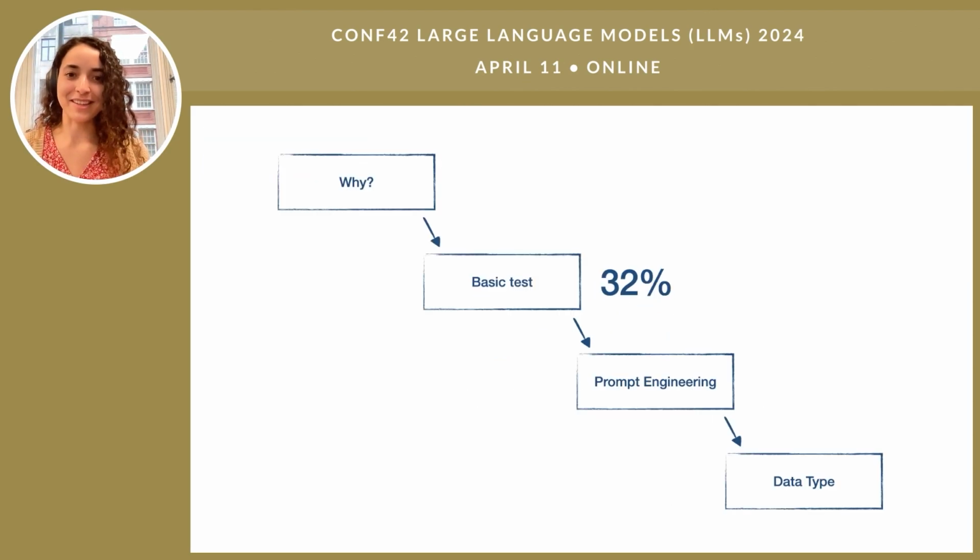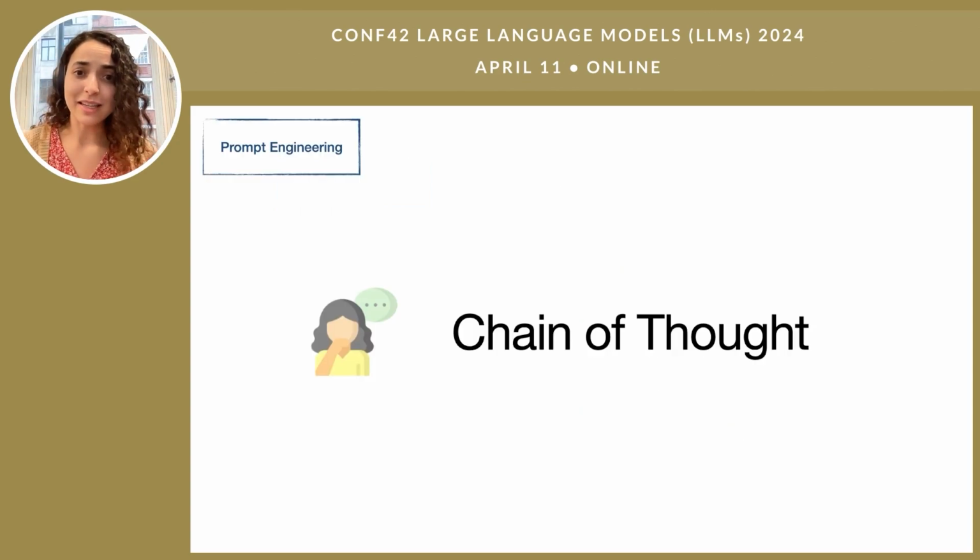Great, basic test done. Let's apply some prompt engineering. There are lots of techniques around prompt engineering, and I'm just going to focus on a few. The first thing we're going to look at is chain of thought. With chain of thought, you're encouraging the model to break down a complex process into smaller steps before giving a response. You're forcing it to break down its thoughts into smaller bricks, so it can really process what it's telling you. That's the key behind this form of prompt.